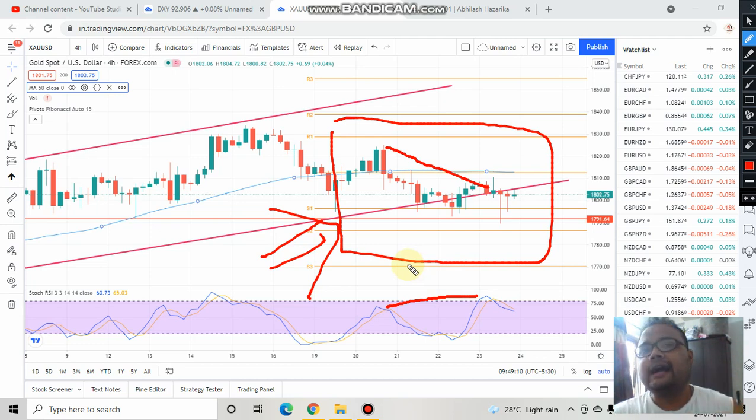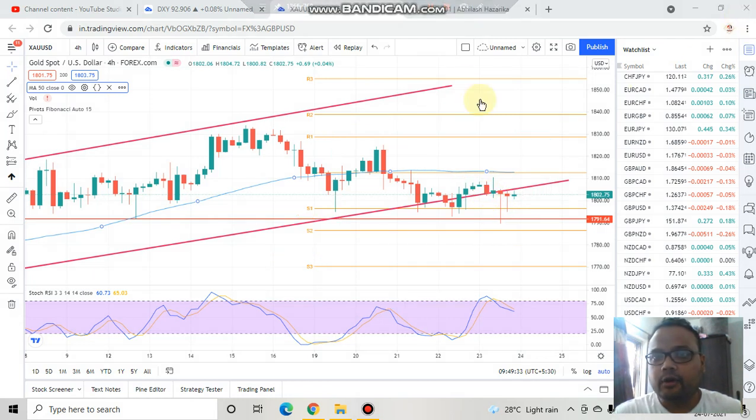In fact, yesterday I recommended a sell just by looking at this divergence only. So you can see that there was a divergence, and this divergence was a big one. There was a huge mismatch between the price and the indicator, and as a result you saw some selling run. But right now the market is caught here in this range, so therefore I'll tell you to just avoid gold USD.